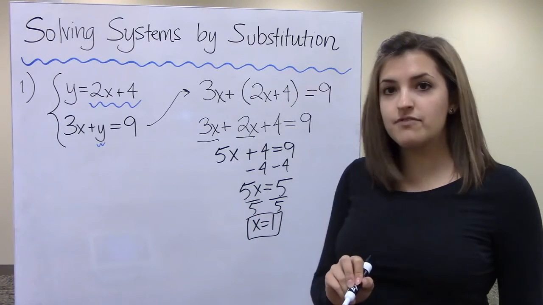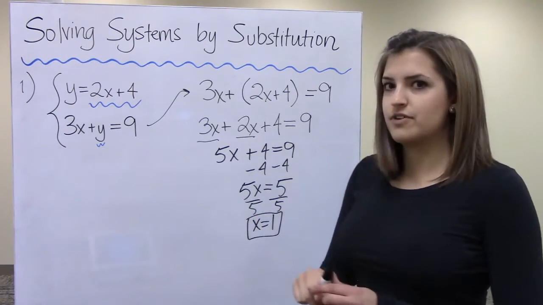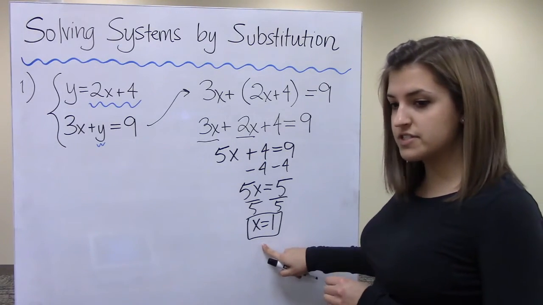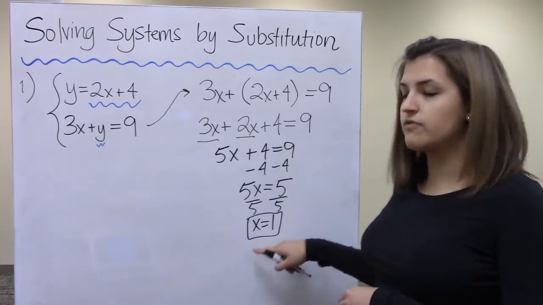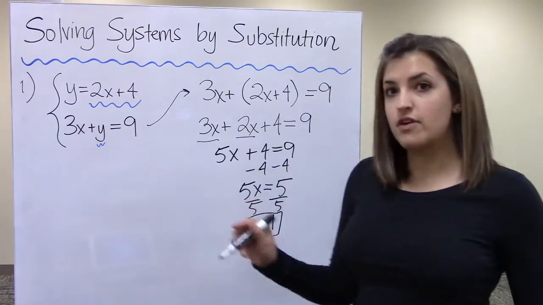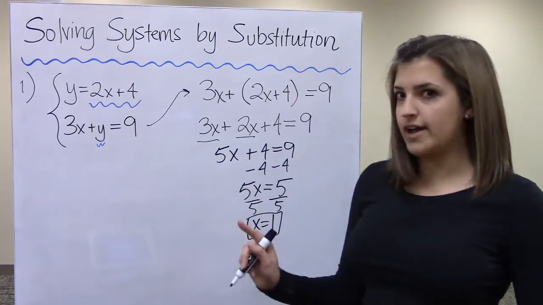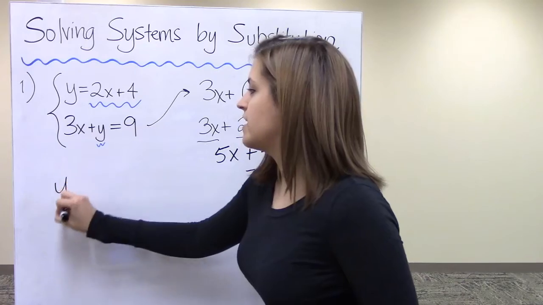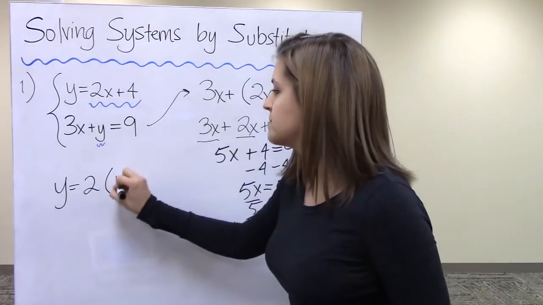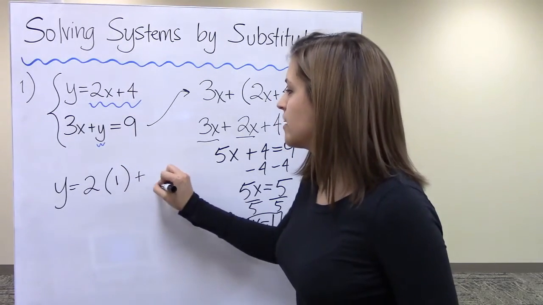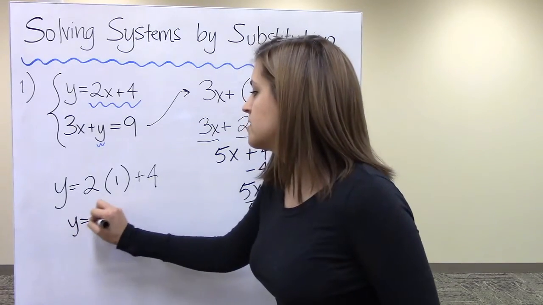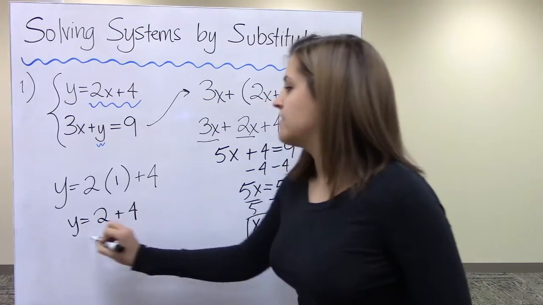All right, great. We've solved for one of our variables. Now let's solve for y. So we're going to take our solution, and our third step was to solve that equation. Our fourth step is to take this solution, plug it back into our other equation, and solve for y. So we'll say y equals 2, and we know that x equals 1, so 2 times 1 plus 4. 2 times 1 is just 2, so I'll get y equals 2 plus 4, and then I get that y